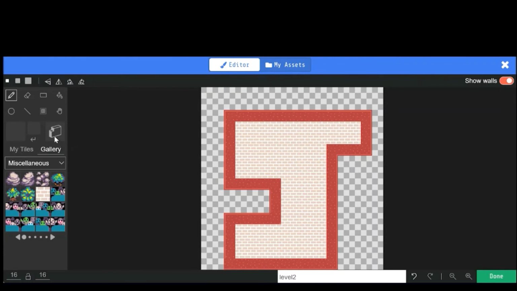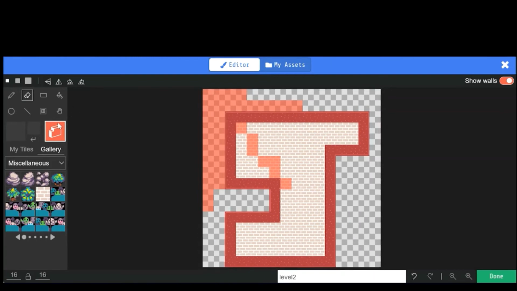So one interesting thing about MakeCode is that I can set anywhere to be any of these walls. But say I messed up and I made something a wall. If I want to erase, I can just go to the erase tool